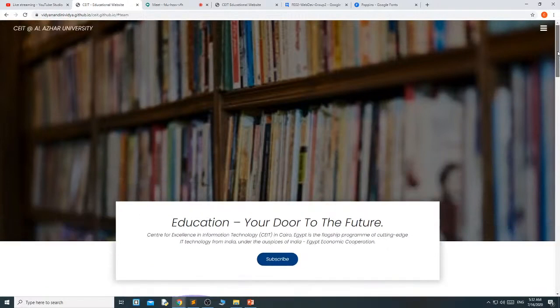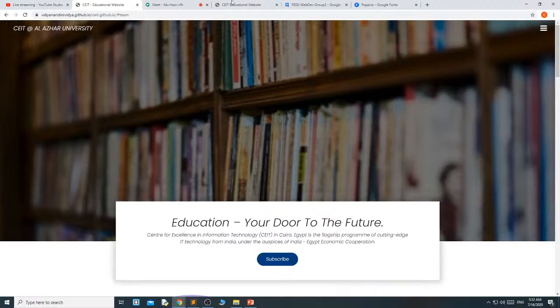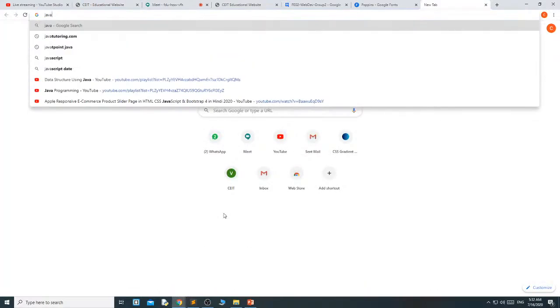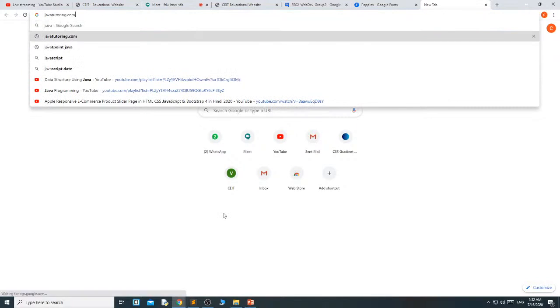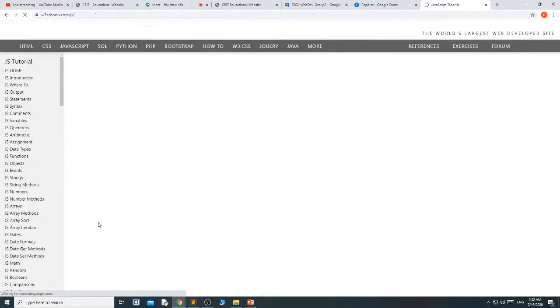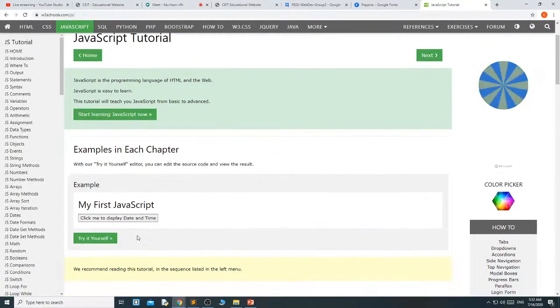Okay, we have done this using JavaScript. Those who don't have JavaScript knowledge, you can read a little about JavaScript from W3 School, you can get an overall idea about what JavaScript is.